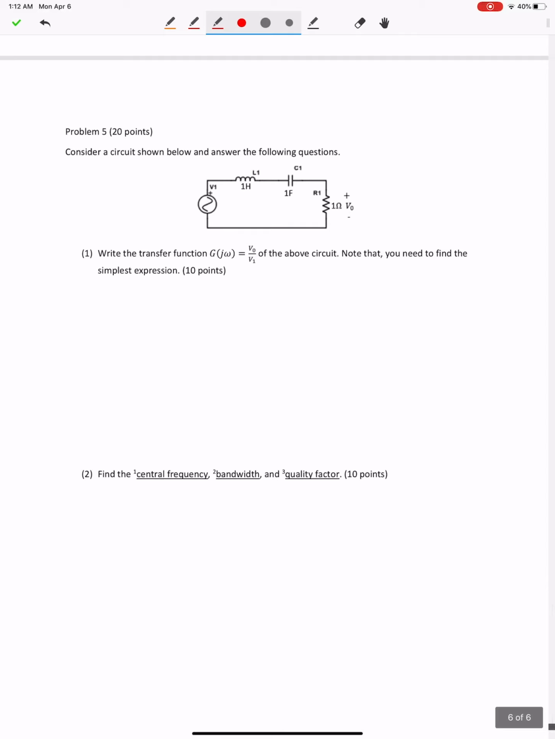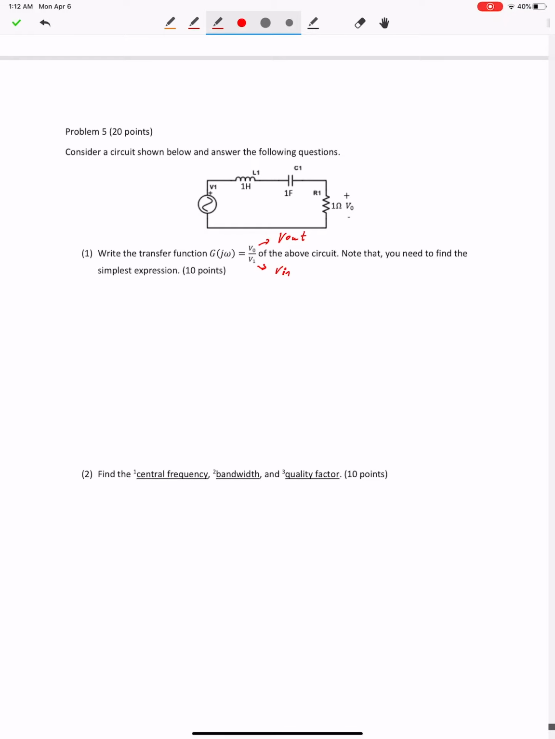Alright, problem number 5 is a very similar problem to problem number 4. The first one is the transfer function of the above circuit. As we mentioned in the lecture, the transfer function describes the relationship between output voltage and input voltage. For this circuit, V0 is V out and V1 is V in. If you look at the circuit, it is a single series loop, right? And V0 is the voltage on R1, which is part of